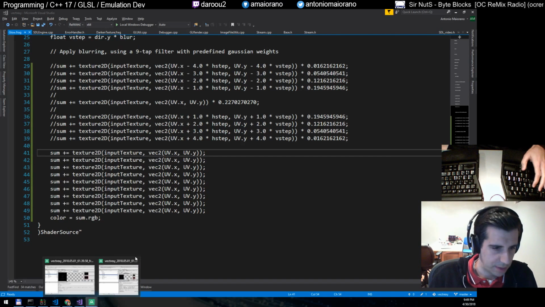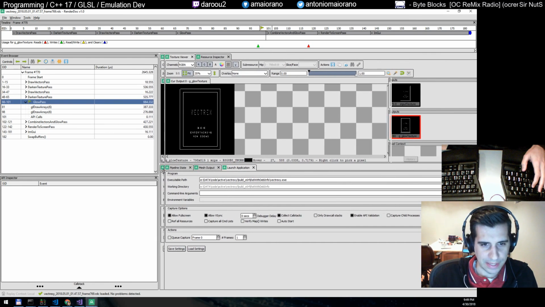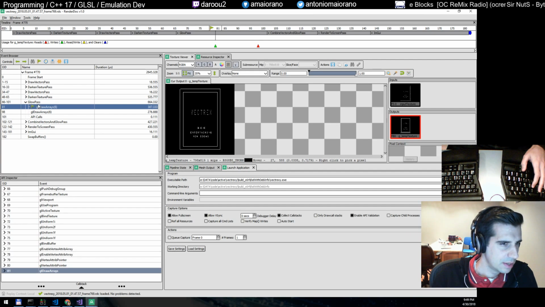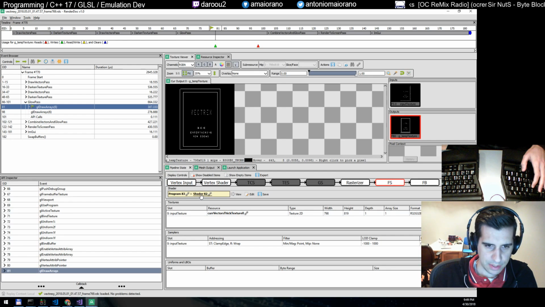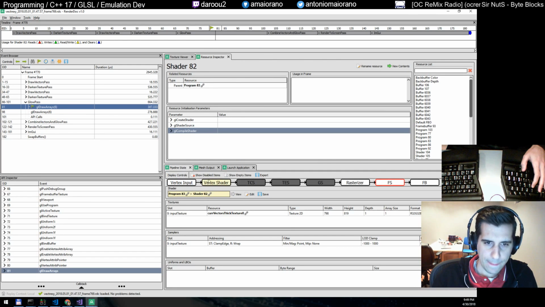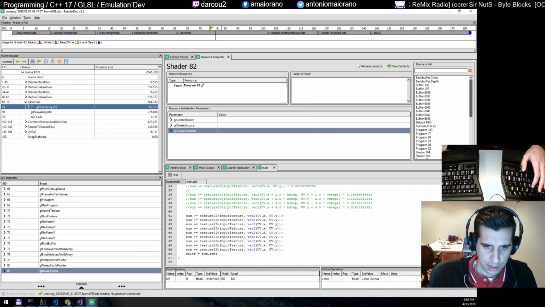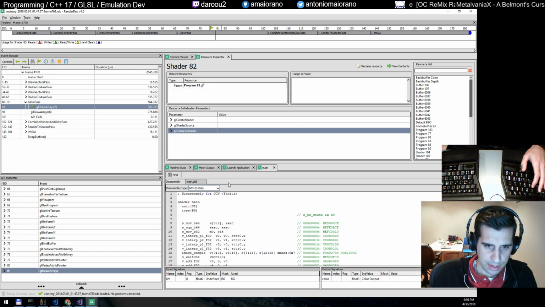One thing I was curious about, and I was messing around with this here, is that in RenderDoc you can see what the shader compiles down to, at least with different compiler views. Let me see if I can get that here. Where is it again? Pipeline, FS, shader 82. And you go view. Yeah, so this is the shader itself. And you can say disassembly. And I notice if you try these different ones,